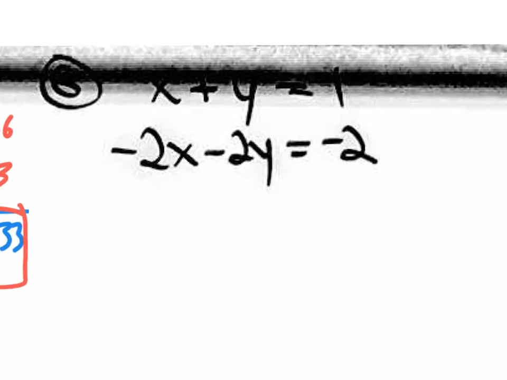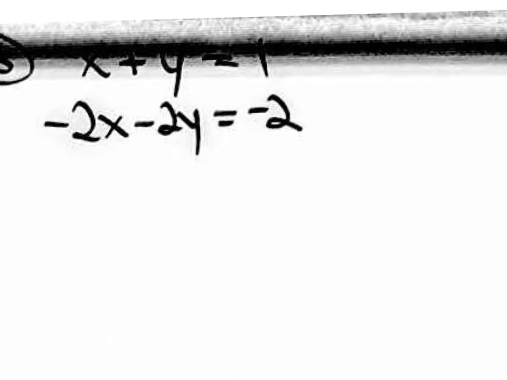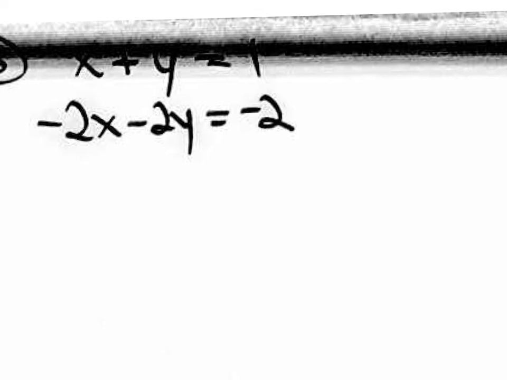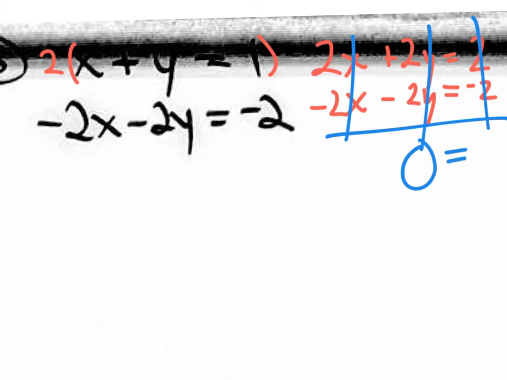Let's take a look at number 6. This picture didn't come out that well. It's x plus y equals 1, and we need to cancel it out with the bottom. So I'm going to multiply the top equation by 2, and I will get 2x plus 2y equals 2, and the bottom I'm just going to rewrite it. And as you could see, when you combine the lines, the x's cancel, the y's cancel, and even the numbers cancel. So you have 0 equals 0, which means